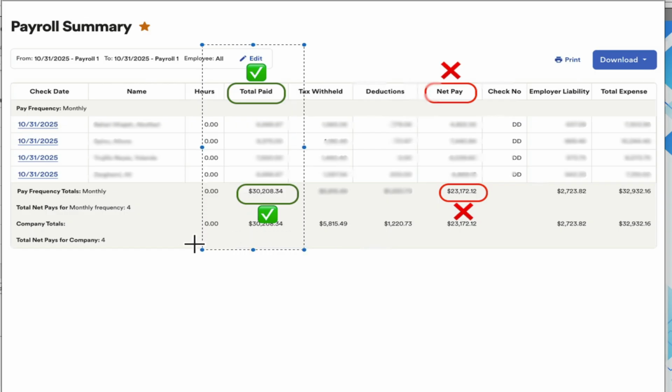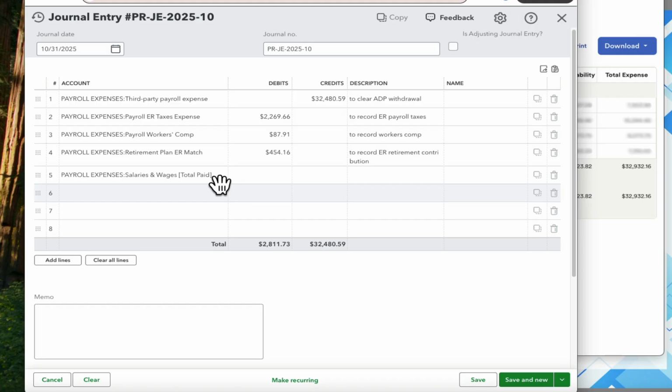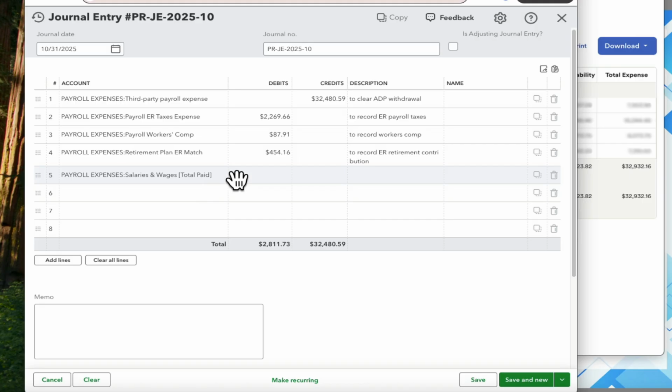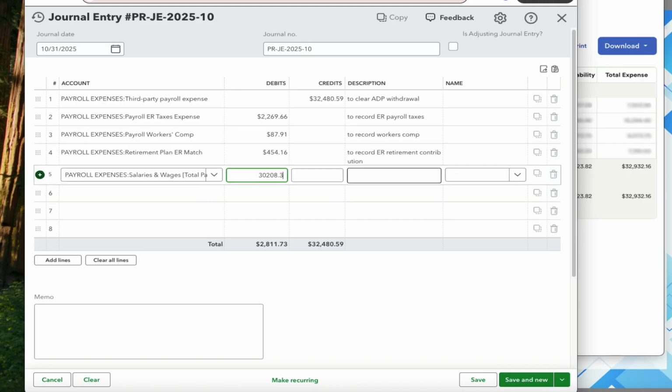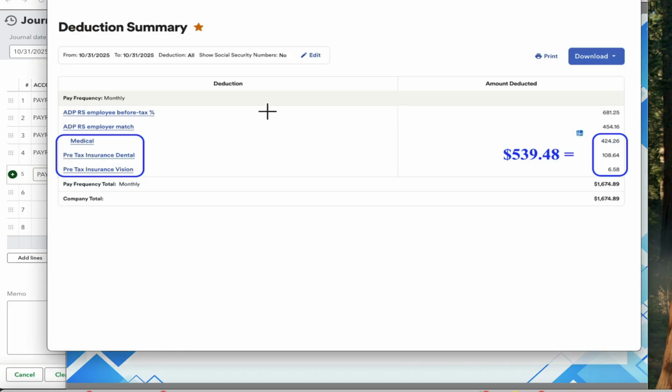Let's debit salaries and wages. Total paid or gross wages is $30,208.34. And let's say to record gross wages. Step 5. Now we pull up the Deductions Summary report. Here, we're looking for the total amount employees contributed toward medical, dental, and vision. In our example, the employee portion comes to